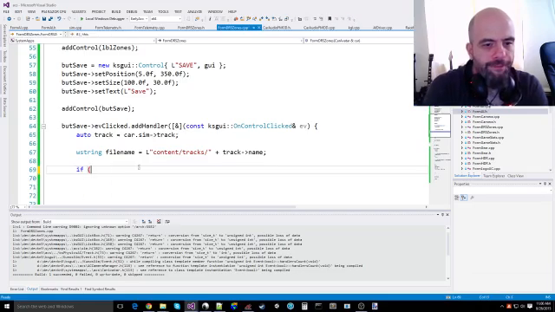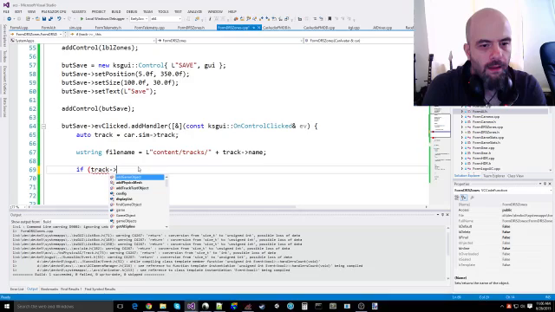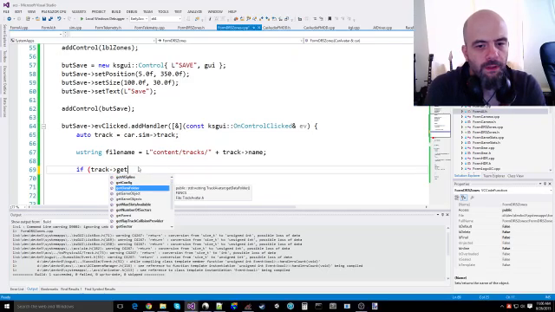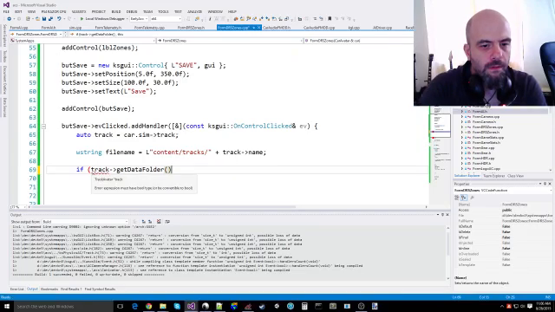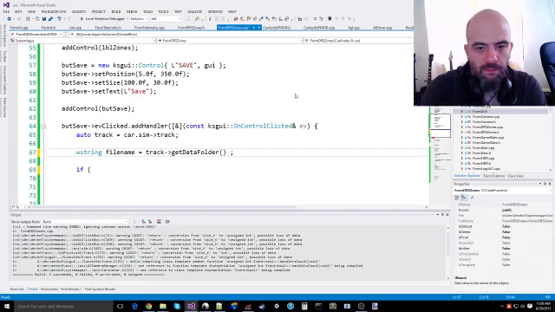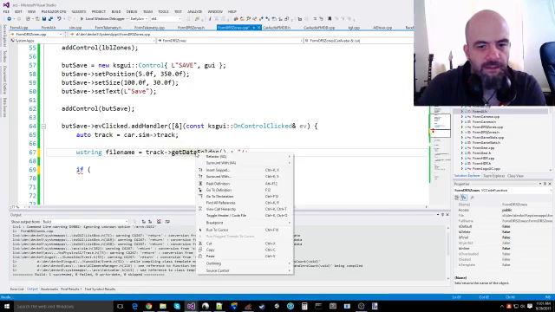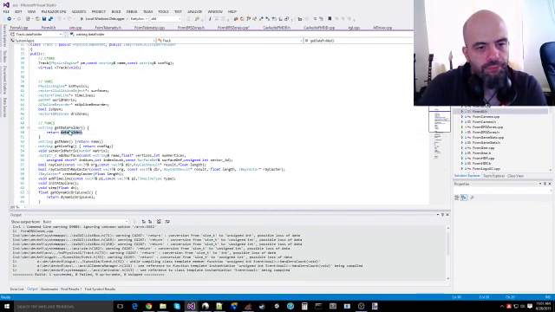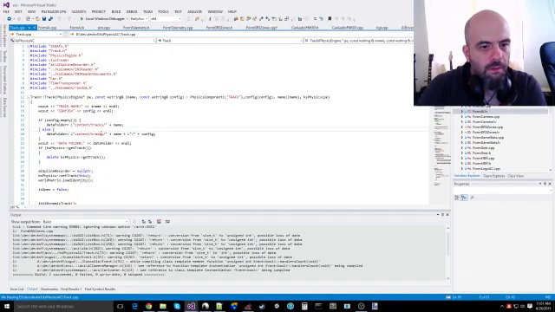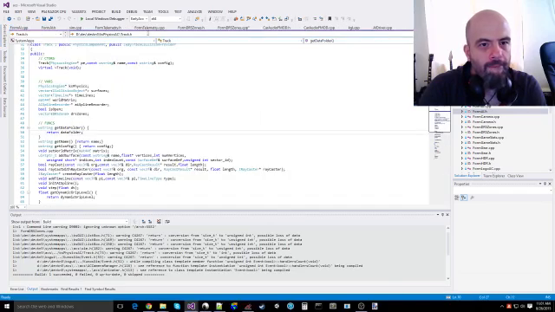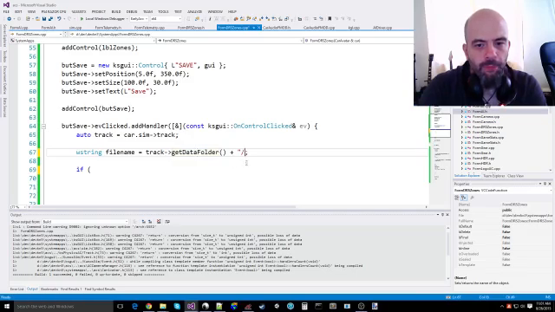Right, so now if track config get data folder. Hold on, I don't need to do this. So the file name is this plus, is it adding the, we call it dearest zones dot candidate dot ini,